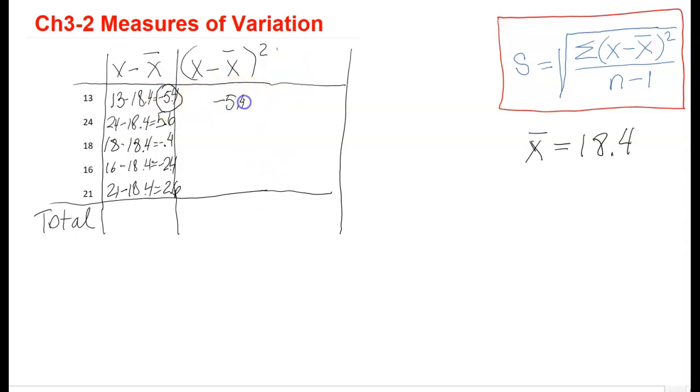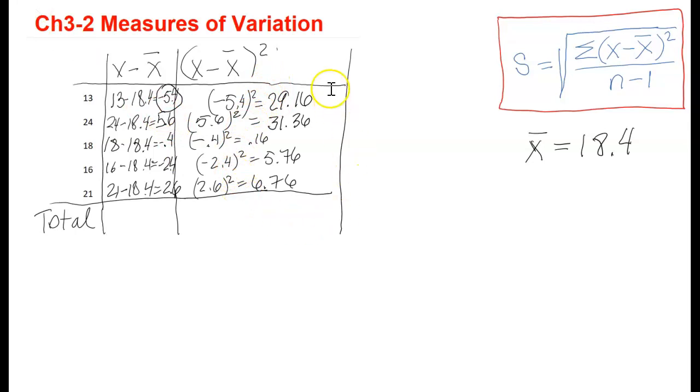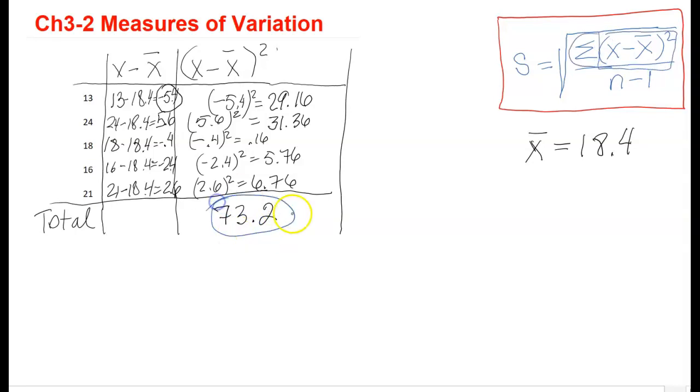Negative 5.4 squared is equal to 29.16. 5.6 squared is equal to 31.36. Let's continue squaring the rest of the differences. Once we finish with this part, add all the values, which is equal to 73.2. What we just found is this part, 73.2.